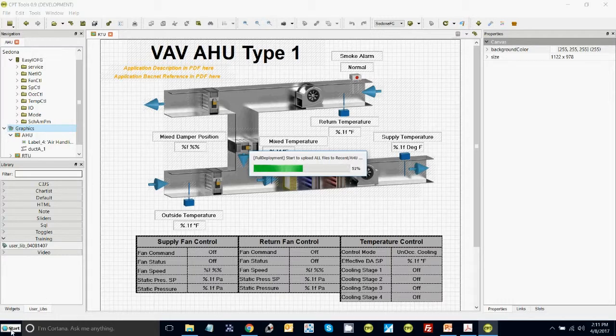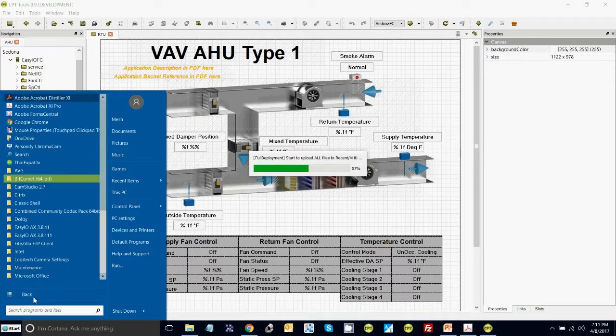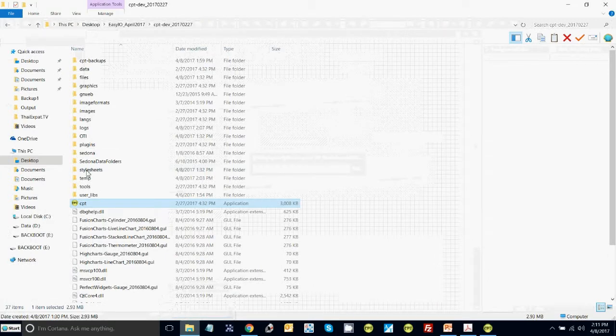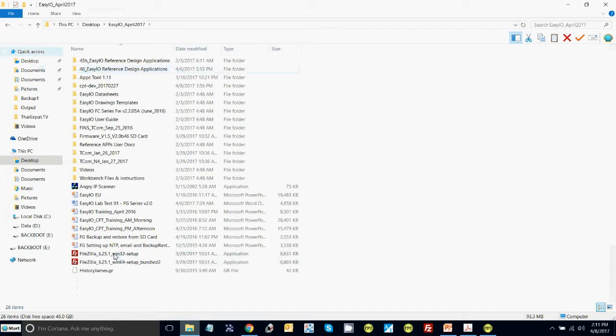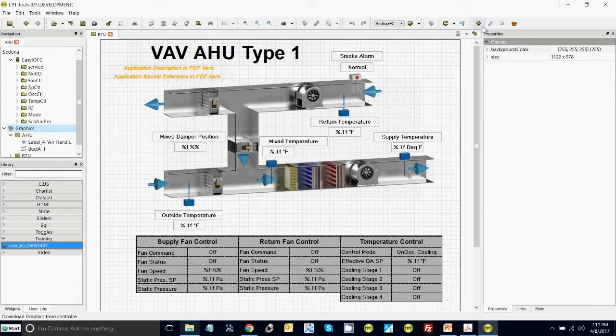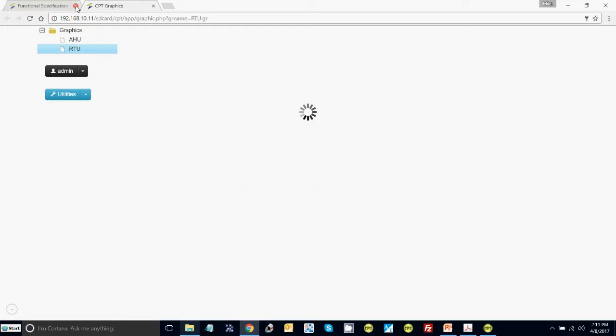Now, I just want to check if I've got FileZilla on this computer, and I do. So I want you to install FileZilla, and it is there on the software that I gave you. If you go into here, there's a 32-bit and a 64-bit. Load those onto your computer, and then we're going to go and have a look in the SD card and see what we've created. But anyway, if I hit the flag, the preview button, it's going to take us back into the